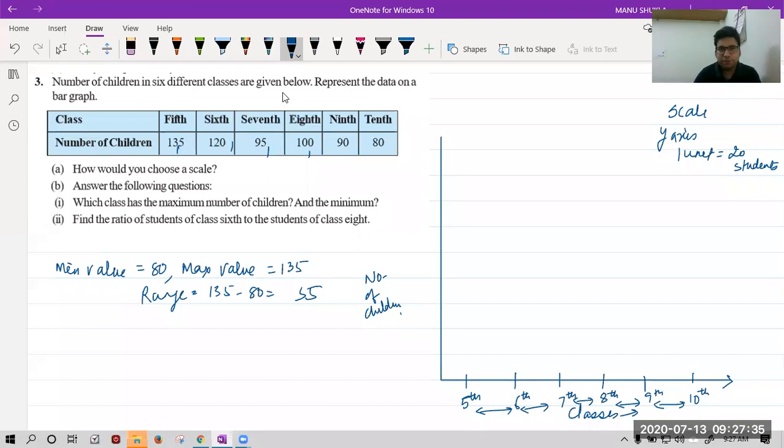Now see. Please see. So the first value will be 20, 40, 60, 80, 100, 120, 140 and 160. So we have taken a scale of 20 and we can observe all the intervals are the same, a gap of 20 only. 20, 20, 20, 20, 20. So our graph is correct.